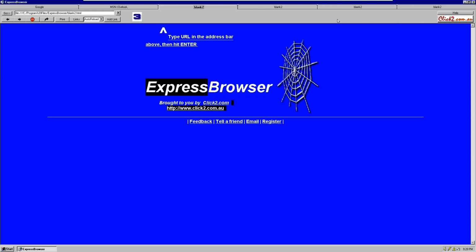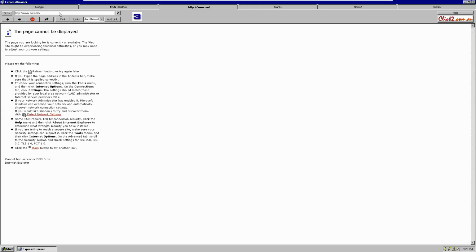I don't think you can do more than that. Still ahead of its time. This one did not load AOL. Same problem. So it's definitely suffering the same issues as the other.